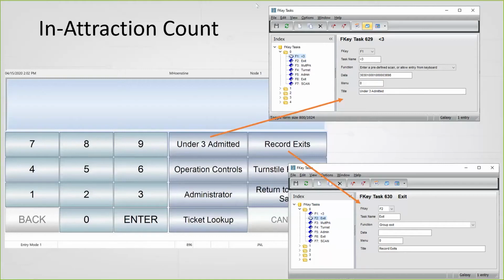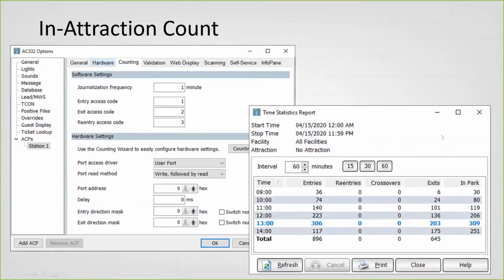And then all of that data can be used within existing reports, or if you have your own ticketing system or you're doing this in a more manual style. Randy, you can go to the next slide. Where you can record these entries and exits into the ticketing system,